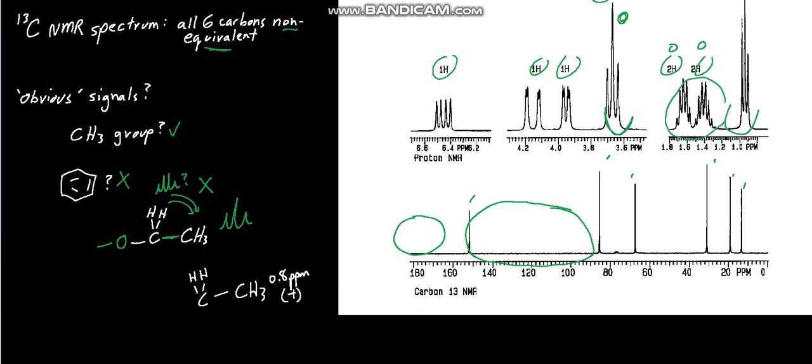What do we count here? 1, 2, 3, 4, 5, 6 lines. 1, 2, 3, 4, 5 lines. So we have a sextet and a pentet. So let's extend this with another CH2. And what does that give us? This signal here for those two hydrogens would be a 2-hydrogen signal split 5 additional times. So there's our sextet. 6 lines,